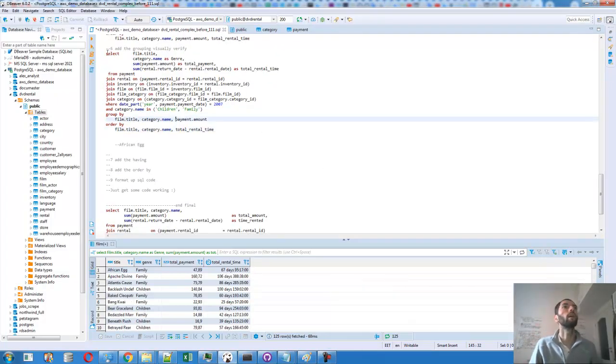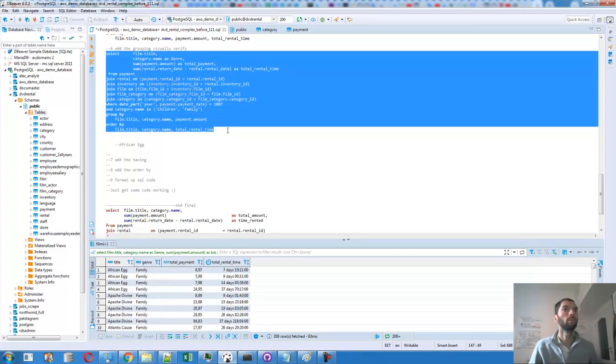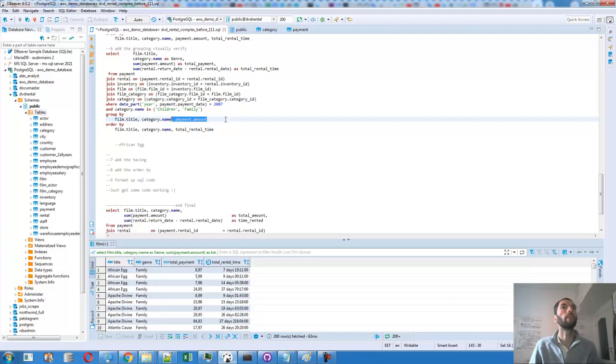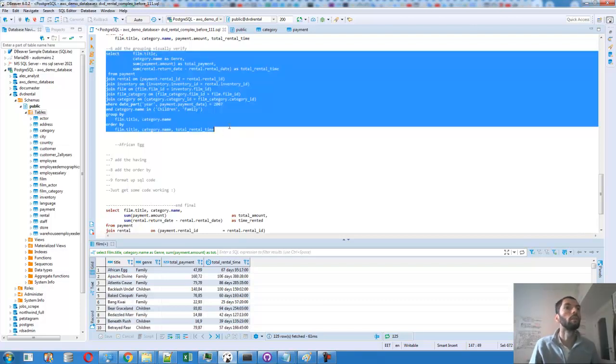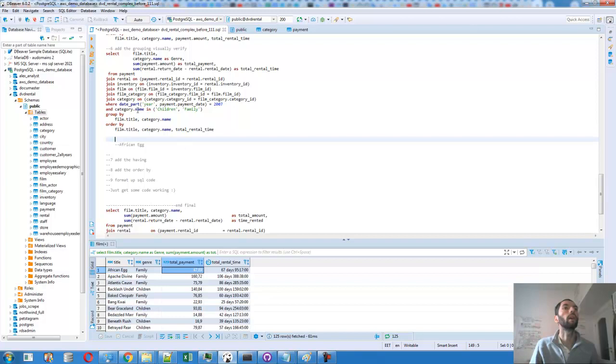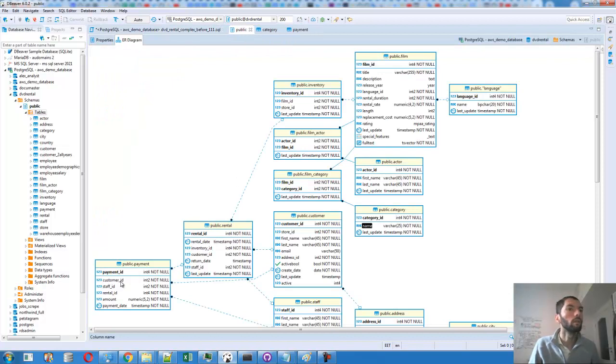Hello again. I'm checking this, and I will remove payment amount from group by because it's aggregated here and should not be there. Yep. So now we have African Egg with $47, and I can try to verify all this by getting the rental ID